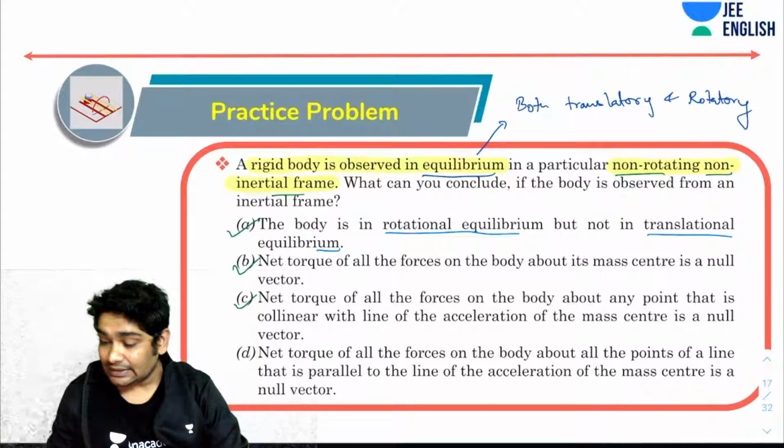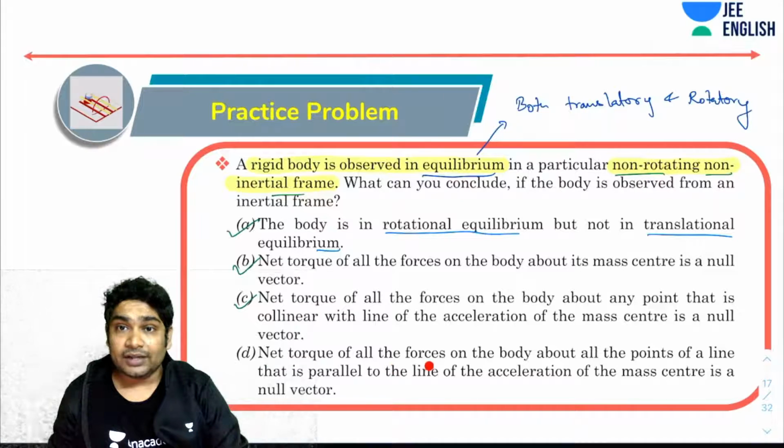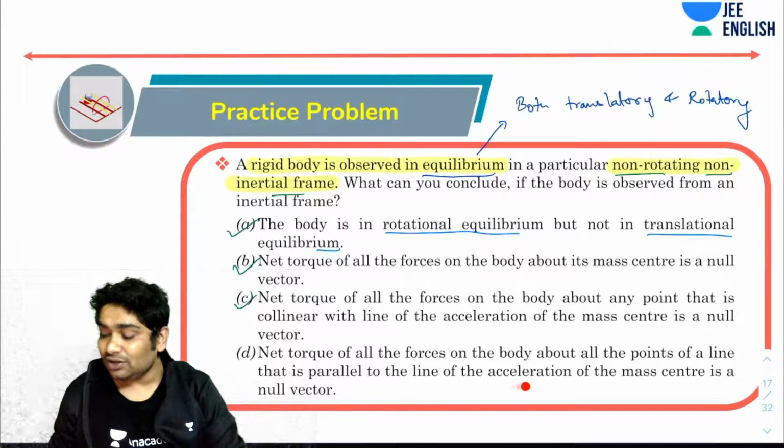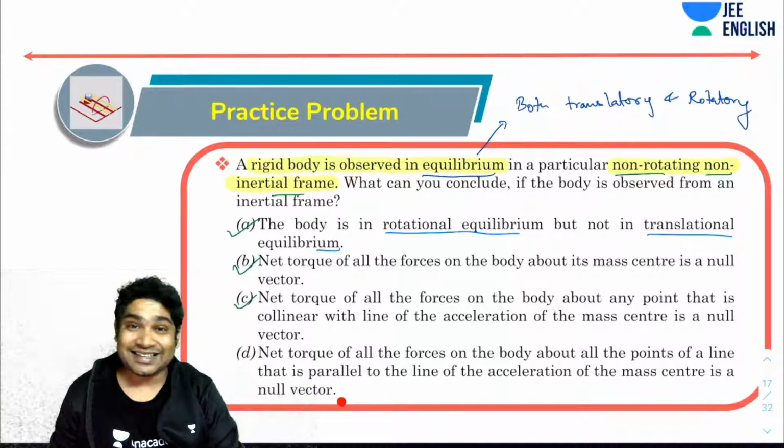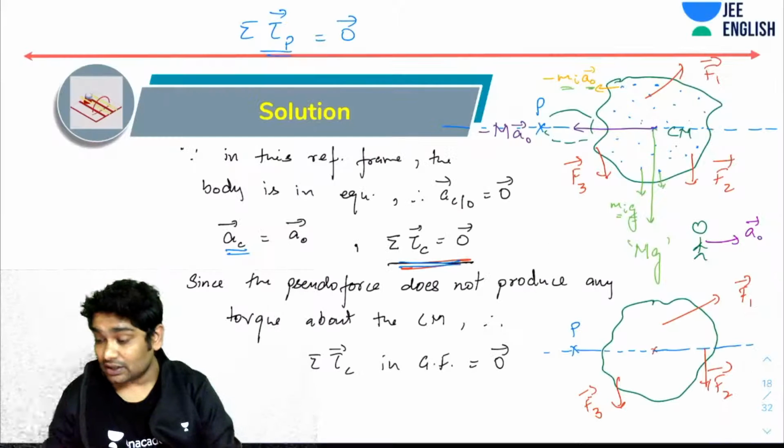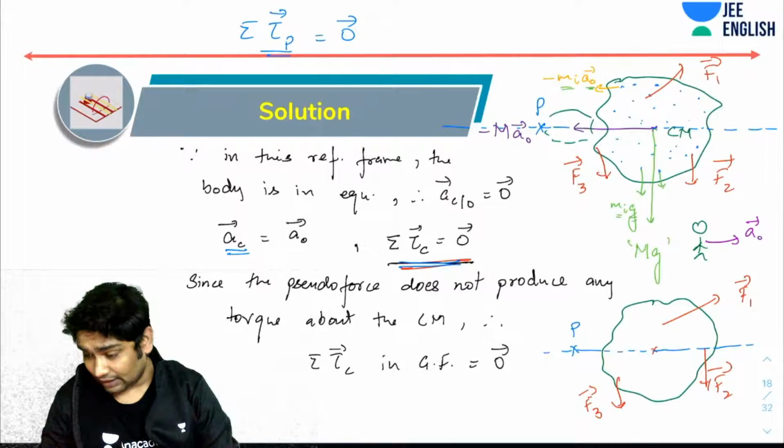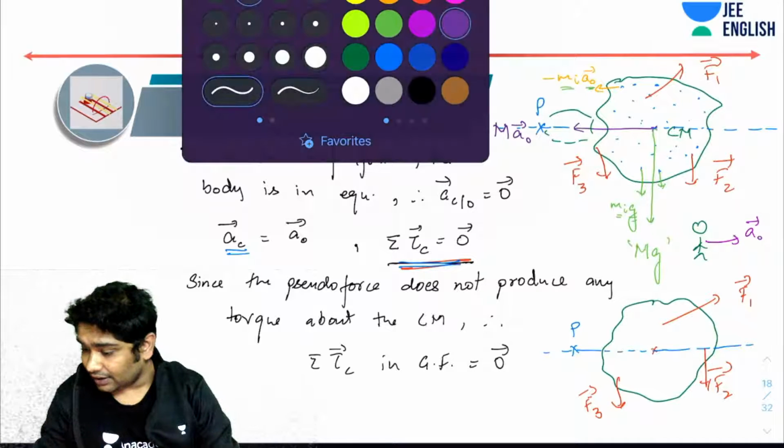Option D says that the net torque due to all the forces on the body about all points on a line that is parallel to the line of acceleration of the center of mass is a null vector. Let's see if that is the case. So if I consider another line here, let's say,